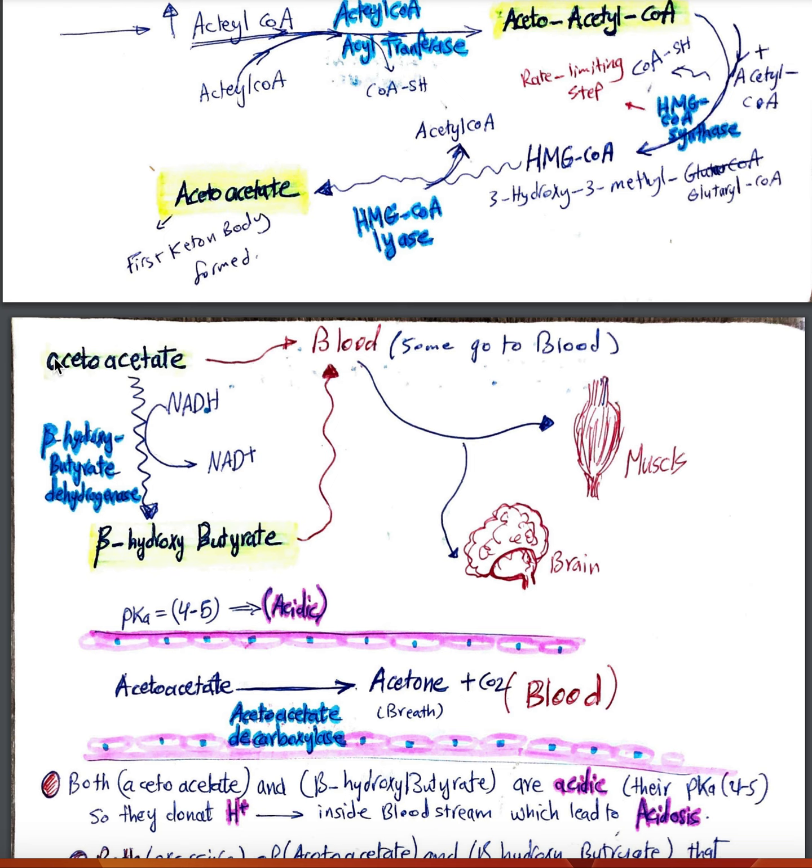So acetoacetate, with the help of the enzyme beta hydroxybutyrate dehydrogenase, leads to the formation of beta hydroxybutyrate, which is the second ketone body. Again, I said there are 3 ketone bodies. Acetoacetate is the first one, and the second one is beta hydroxybutyrate. I will not confuse you, but there is a lot of other information. First let us discuss all the ketone bodies, and then we discuss all the information.